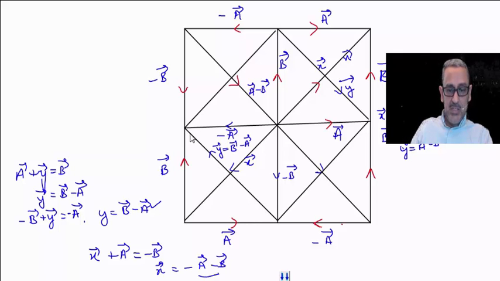Moreover, if this is b minus a, this will be the negative of this. This is b minus a, so this will be a minus b, because they are opposite vectors but equal in magnitude. They all are diagonals of the square. If this is x, then the same way you can find it from any triangle. You can use this triangle also, you can use this triangle also. Whatever you want to do, you can do it.